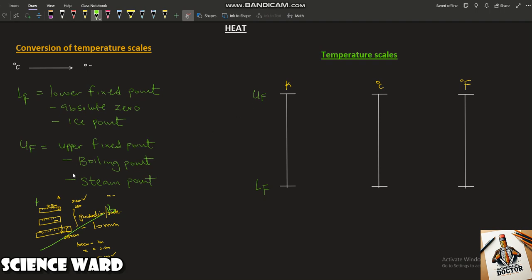Do not forget, the upper part of the temperature scale is referred to as the upper fixed point, and the lower part is referred to as the lower fixed point. UF, LF. Now in this case, for our Kelvin scale,